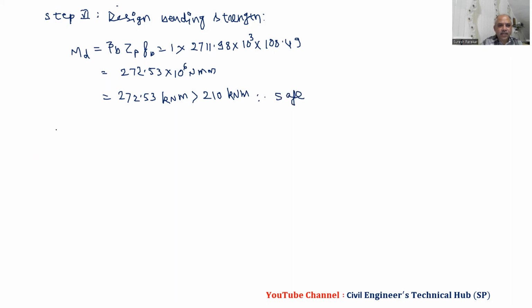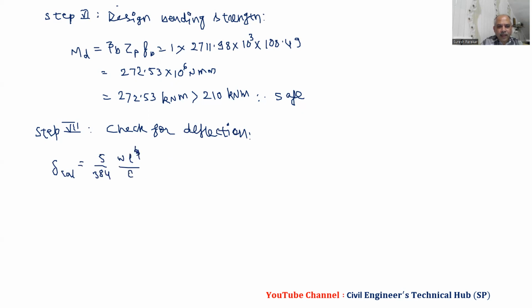Then we have the last step, step 7, check for deflection, and then we have delta calculated. So for UDL, 5 by 384 WL cube, WL4 upon EI, plus WL cube upon 48 EI. So these are working loads. So we have 1 upon EI, we will take common 2 into 10 raised to 5 into 53095.5